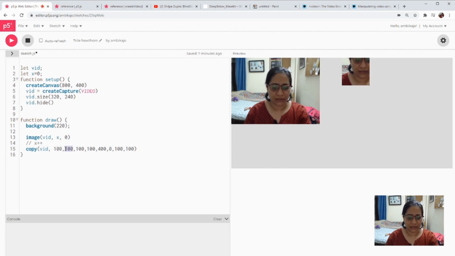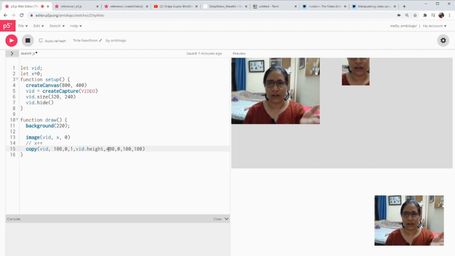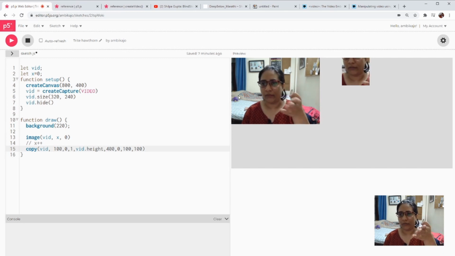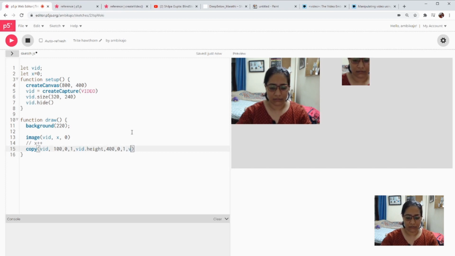So 100 x and y is 0, and I give it 1 pixel width, but I want the height to be the video height, so I do width dot height. Then I want a destination x and a destination y. I'll keep it at 400, and keep y at 0, but again make this 1 and make this width dot height.